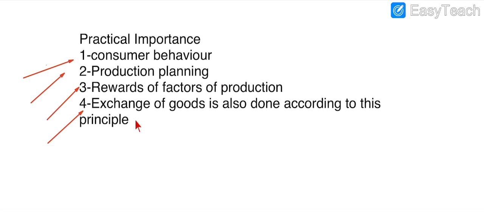For example, you have a burger in your hand and your brother has pizza in his hand, and you want to eat pizza, so you will try to do an exchange because you are feeling more utility or more appetite for the pizza. So economics is not only in the laws, it is actually in our nature, it is in our habits. So there is only the need to observe these simple things.